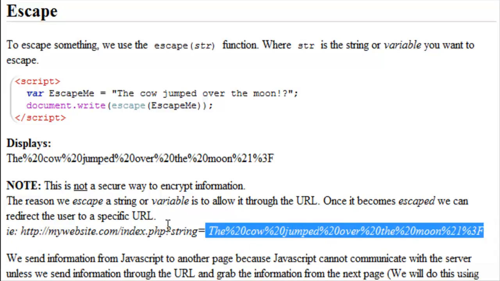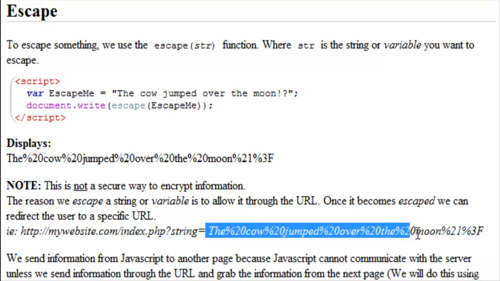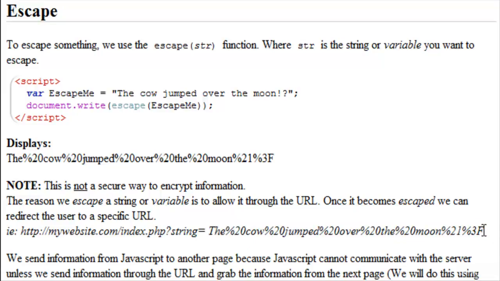And the reason we have to do that is because you can't go to my space website.com. Everything has to be together. Everything has to be one word in the URL. And by doing this, you're making everything together. Once we do that, then PHP is able to get that out of the URL, and it can unescape it itself. And this is one method of transferring information from JavaScript to PHP, because JavaScript is a client-side scripting language,